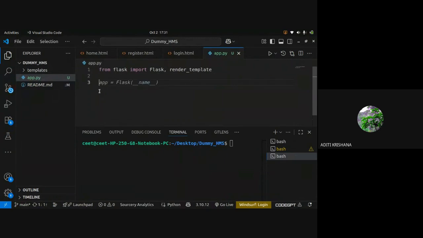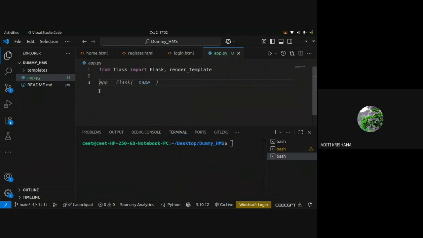Before setting the configuration, we have to initialize Flask so that we can use that initialization for creating the routes, setting the configuration, and connecting it with the database. Three things. Why do we have to initialize Flask? For setting the configuration of the application, for creating the routes.